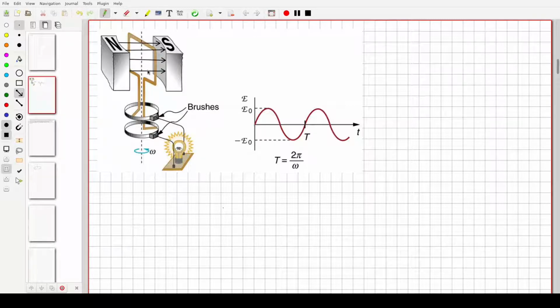Now, the changing flux is provided by a loop that rotates. So you have a loop of wire. Generally, this contains hundreds of turns. So you could think of it, from a Faraday's law standpoint, as N being large. Okay, and what happens is as this loop turns, the area that's presented to the magnetic field changes with respect to time, and as a consequence, you have an induced EMF, which generates